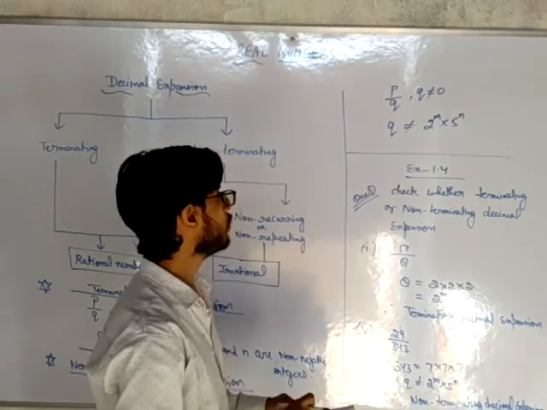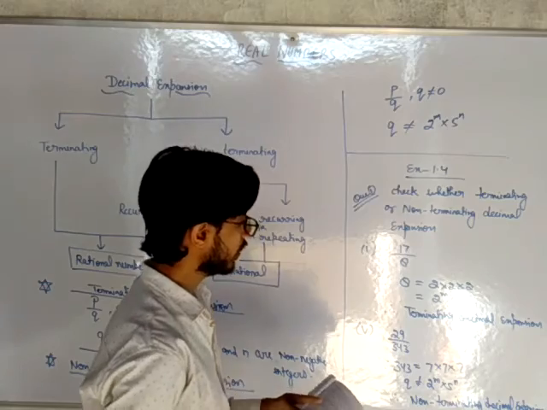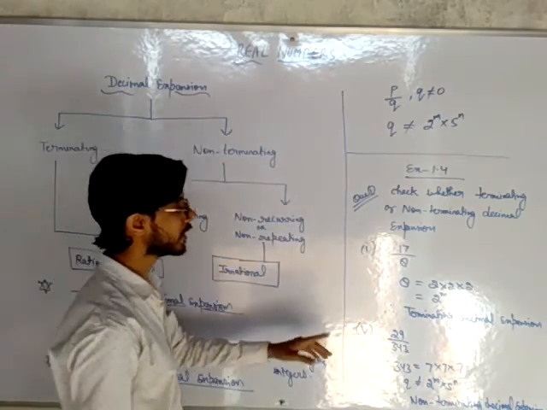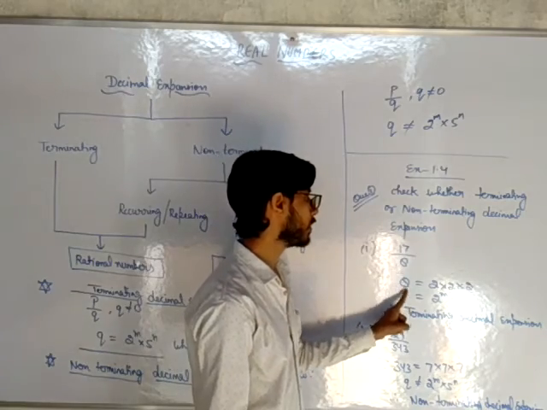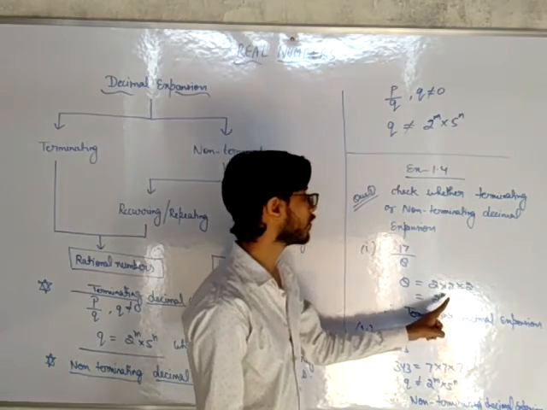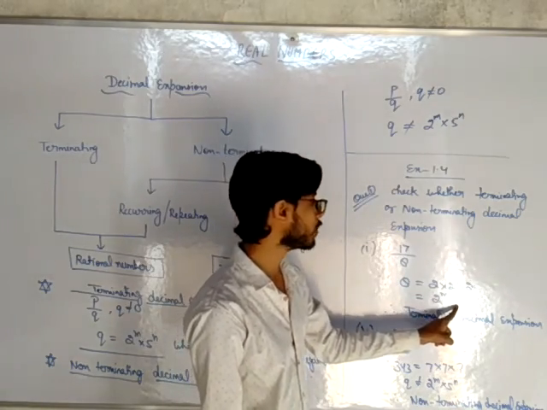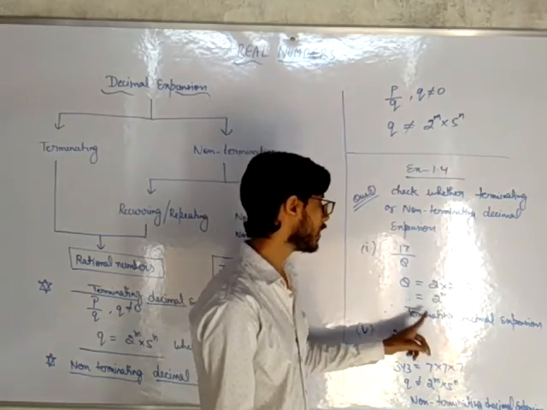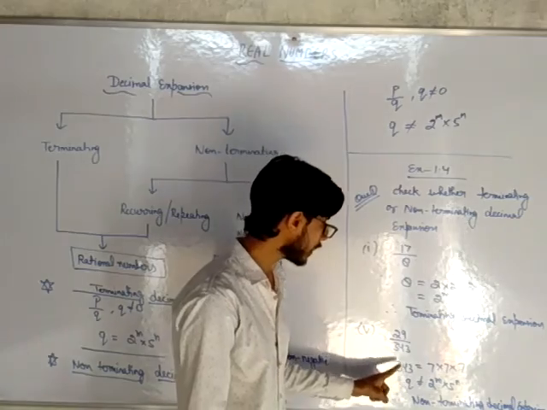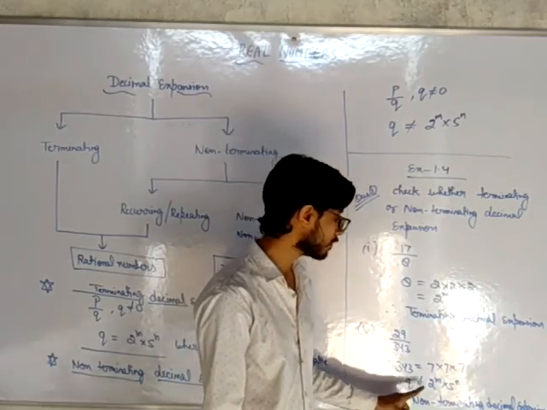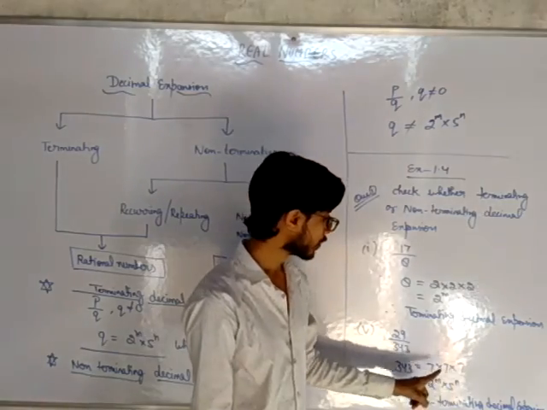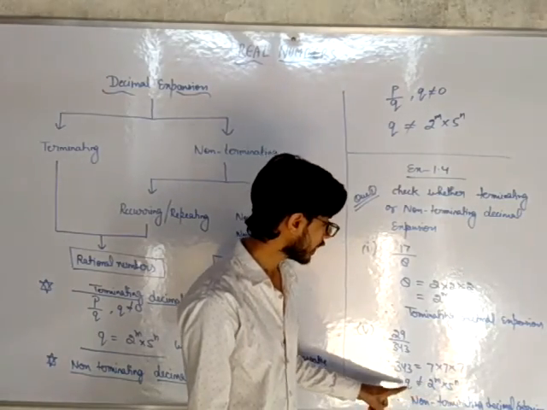So this way you will do the remaining parts. Clear? What is terminating and non-terminating? First we will find the prime factors of the denominator, and if these factors are in the form of 2 to the power m into 5 to the power n, or 2 to the power m or 5 to the power n, then we will say it is terminating. And here the prime factors of the denominator are not in the form of 2 to the power m into 5 to the power n, because here 7 is available. That's why this is